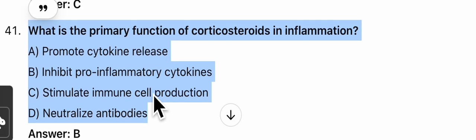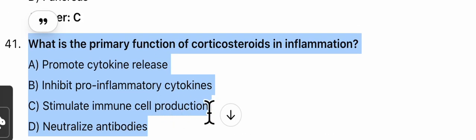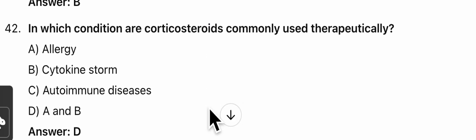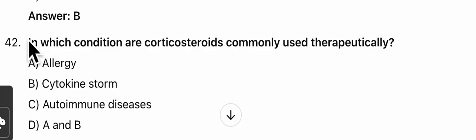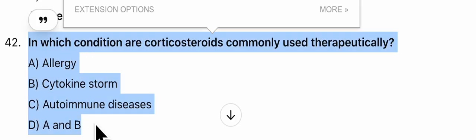What is the primary function of corticosteroids in inflammation? A. Promote cytokine release, B. Inhibit pro-inflammatory cytokines, C. Stimulate